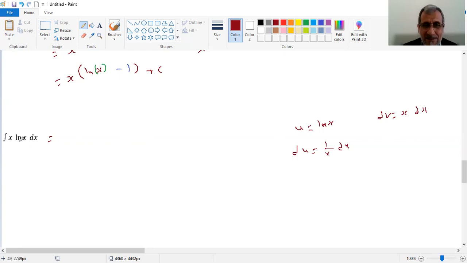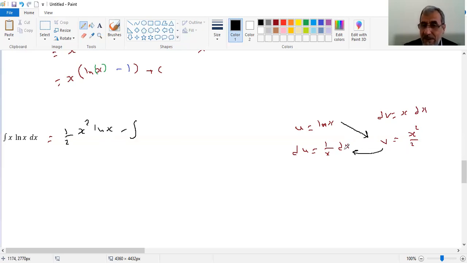We do not know the integral of ln x, so ln x is the one we take the derivative of. You have to use it as u, the derivative is 1 over x dx, and that is the du. What is the integral of dv? V. Integral of x is x squared over 2. Now udv, uv, so equal to x squared over 2 times ln x minus integral v du,